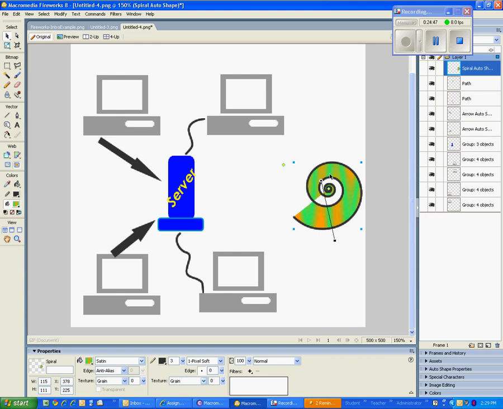Let's talk about the outside black line of our internet spiral. Right now it's just a plain black line, and we want it a little more nebulous, a little less constrained, because the internet represents kind of clouds, and you really can't put your fingers on the internet. So we want to change that line a little bit. Again, make sure it's selected. Come down to our properties at the bottom and choose